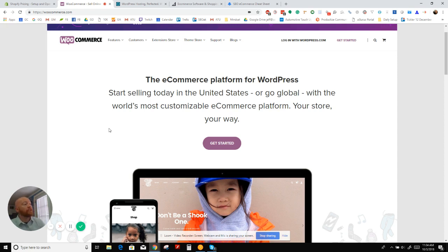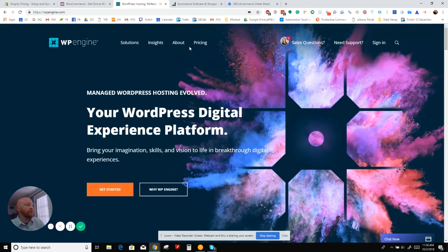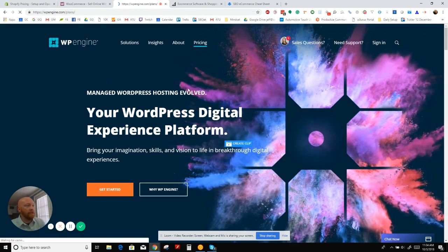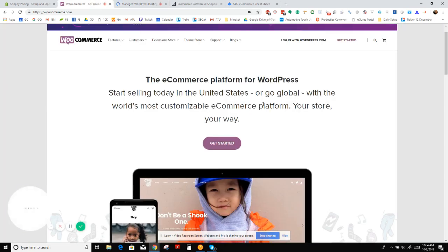BigCommerce. And just like Shopify, here's the WP Engine site, by the way, and you can see currently, as of 2018, their pricing starts at like $35. And also, I think WooCommerce itself is free. So you could think, okay, with Shopify and BigCommerce, you're paying for the platform and the hosting, whereas with WooCommerce,